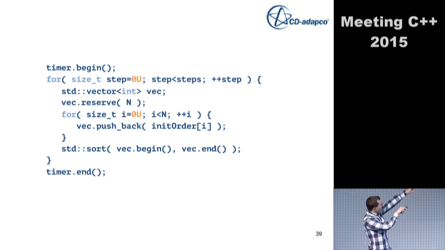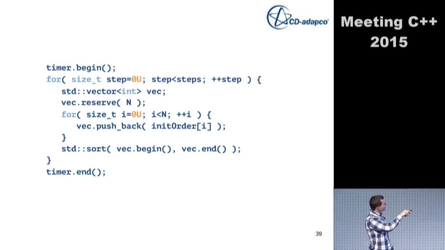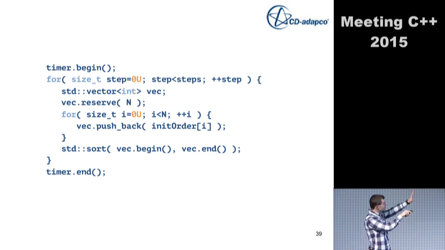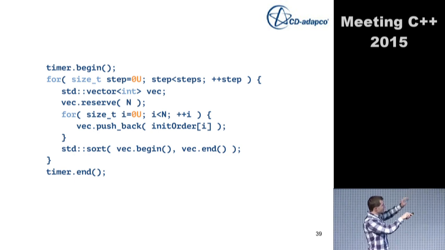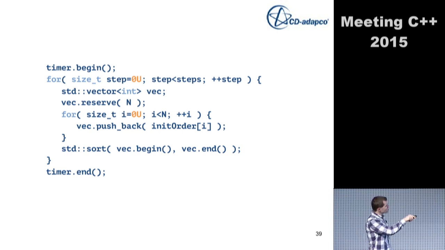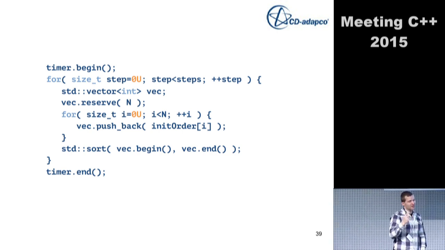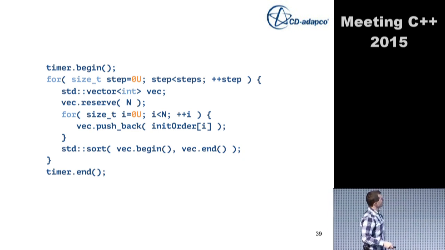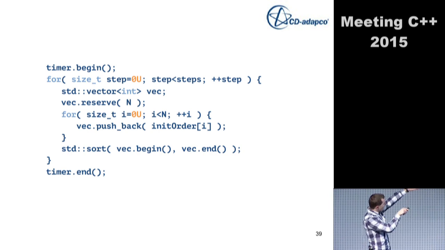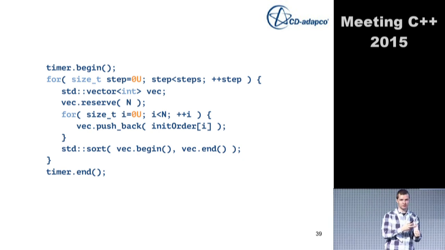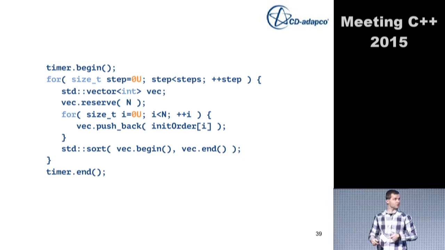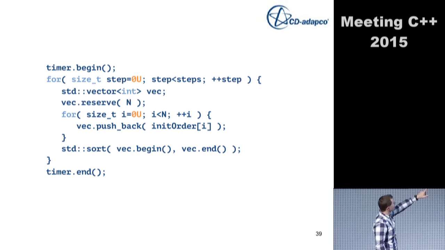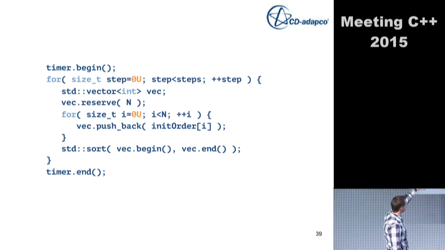So this one is easy. I have vector, deque, whatever data structure, I insert n elements in a specific order. For all containers, it's of course the same order, and then I do a sort in case of vector, in case of deque, etc. Of course, not in case of a set. The set is automatically sorted. I did a variation here. One benchmark shows I use a reserve. The other one shows I do not do a reserve in case of vector. Of course, I do this several times, and this is exactly what I benchmark.